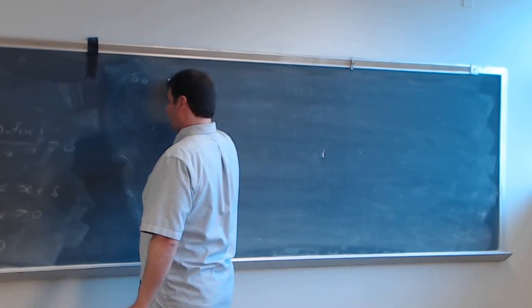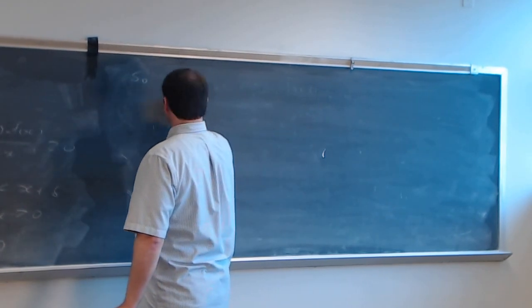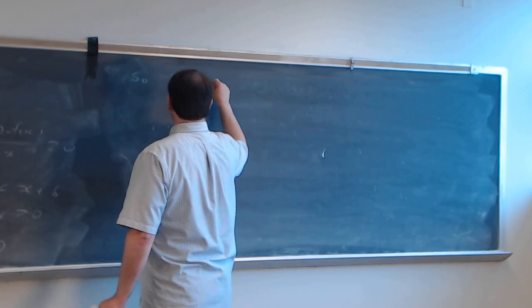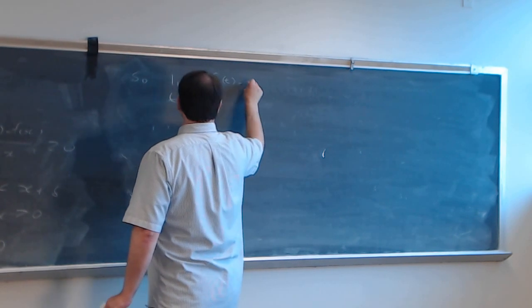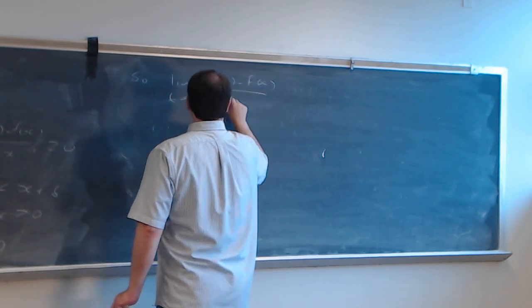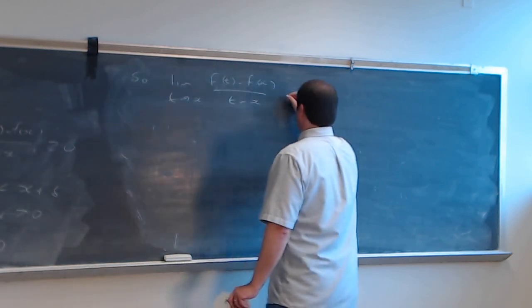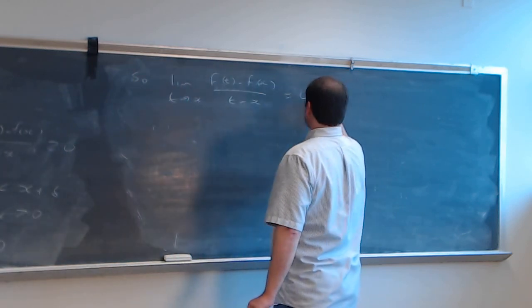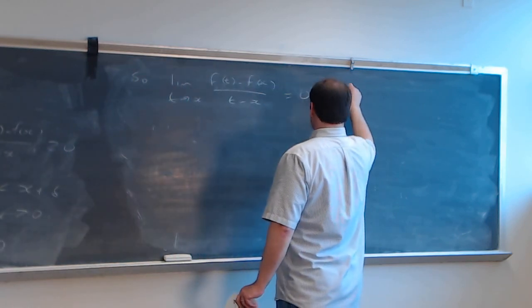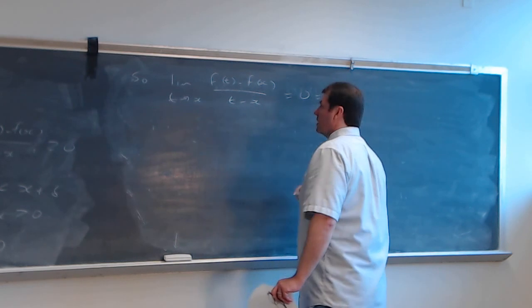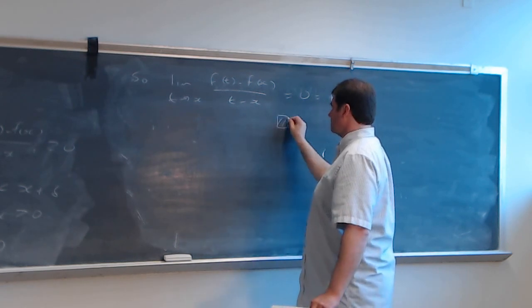So that means that the limit as t goes to x of f of t minus f of x all over t minus x has to equal 0, but we know this limit is really equal to f prime of x. So that concludes the